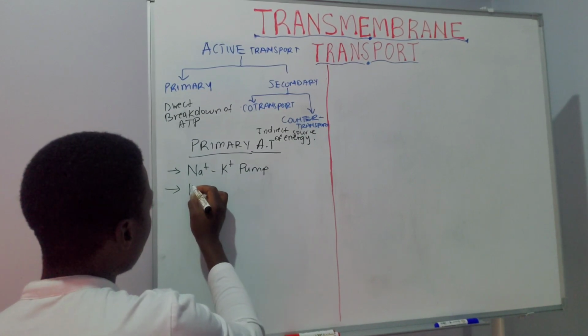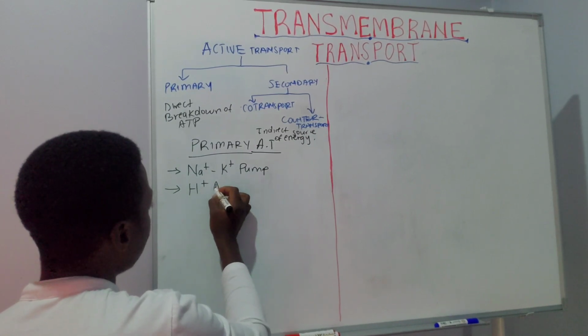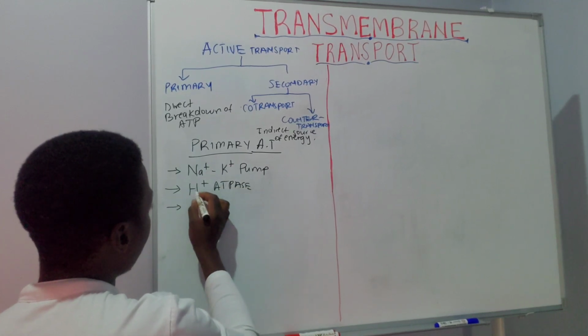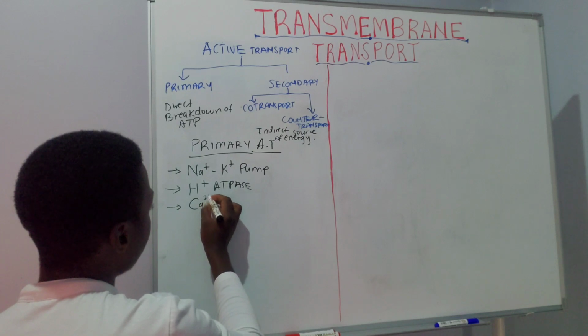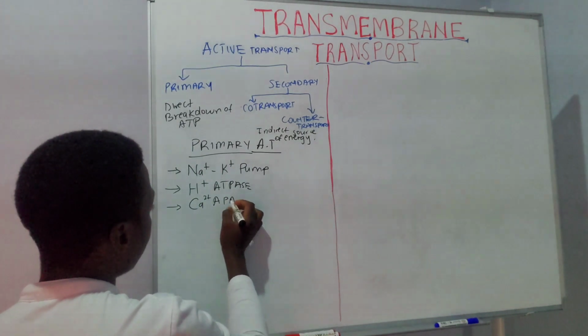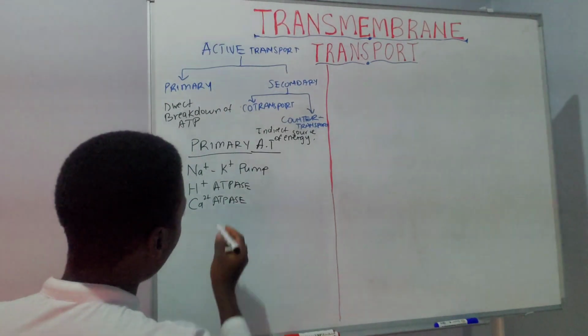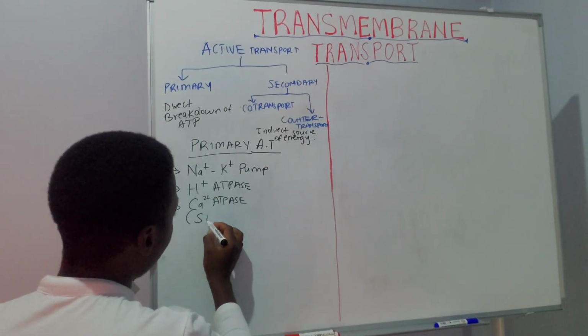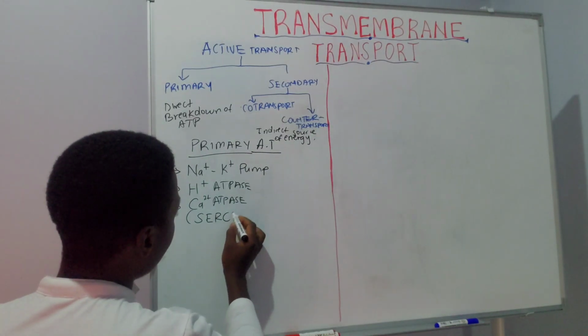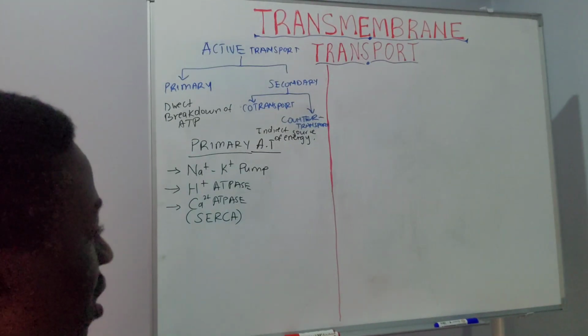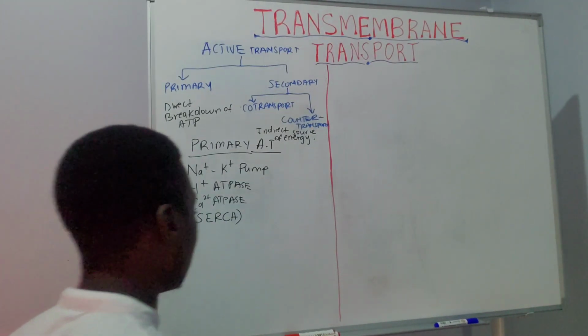We also have a hydrogen ATPase pump, and a calcium ATPase pump. And one other common one is the sarcoplasmic endoplasmic reticulum calcium ATPase channel, that we shall be seeing more of when we talk about muscles,